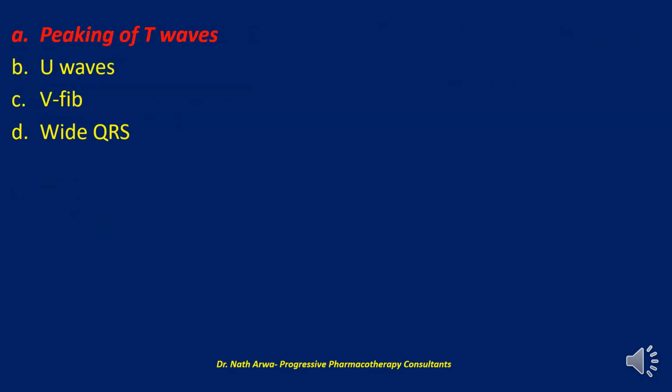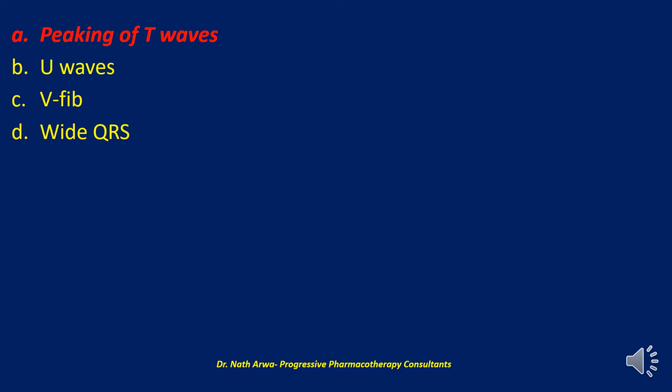So in my opinion, it would be peaking of T waves. Now, mild hyperkalaemia is defined as a potassium level of 5.5 to 6.5 milliequivalents per liter with ECG changes of peaked T waves. Now, severe hyperkalaemia is defined as levels above 7.5 with ECG changes of loss of P wave and wide QRS sine wave, and in some such cases also ventricular fibrillation is the most common type of arrhythmia. So that explanation makes A the correct choice.